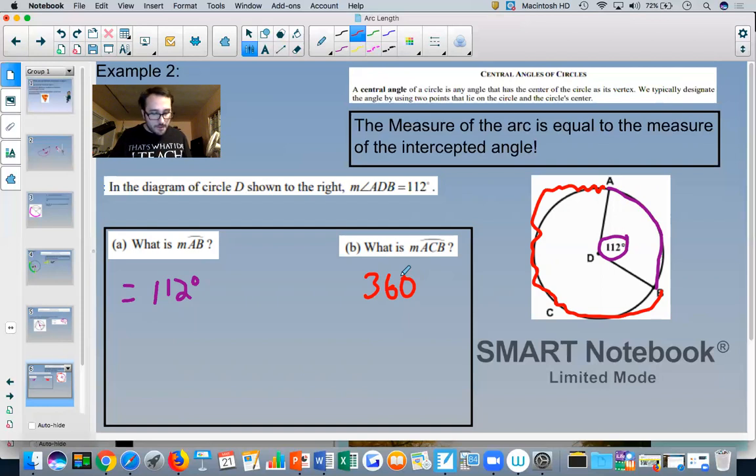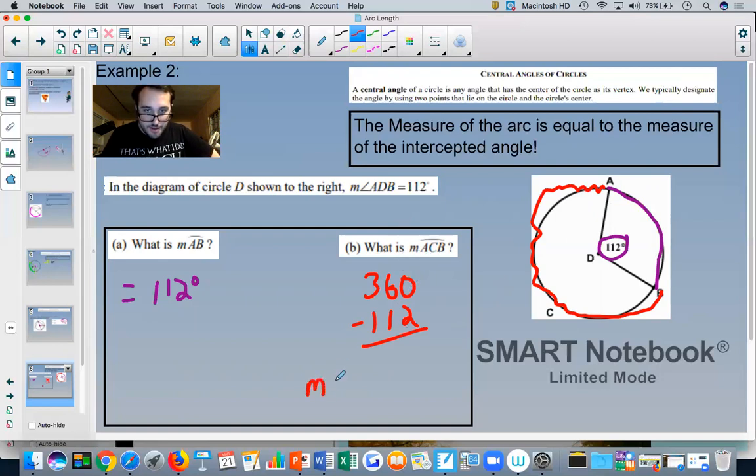Doing it on my calculator just to make sure, right? But this part of the circle is 112, so I want to know what's remaining. So I can subtract 112, and then my calculator says that the measure of ACB,